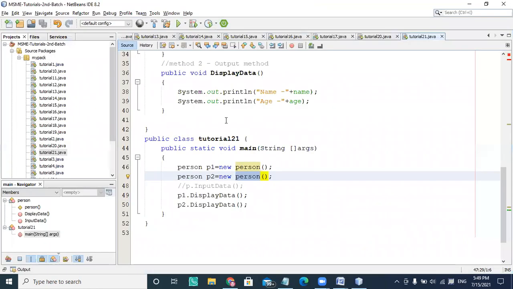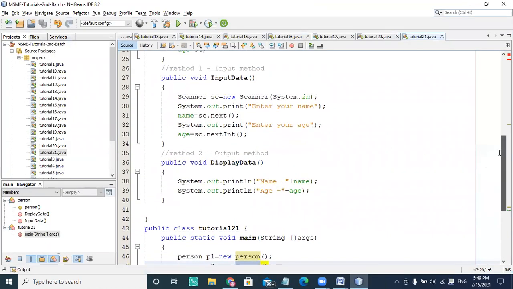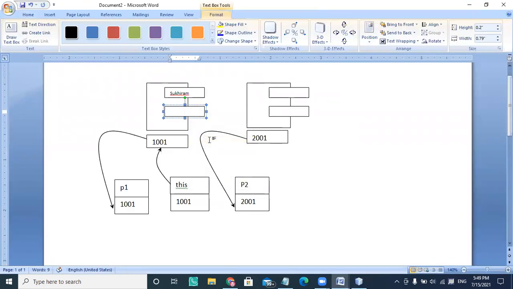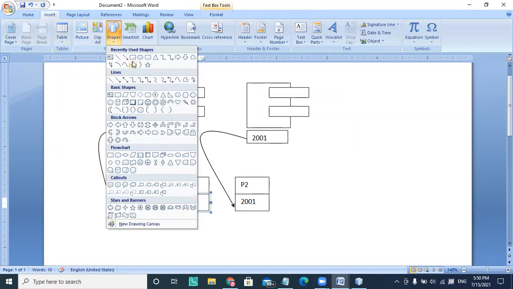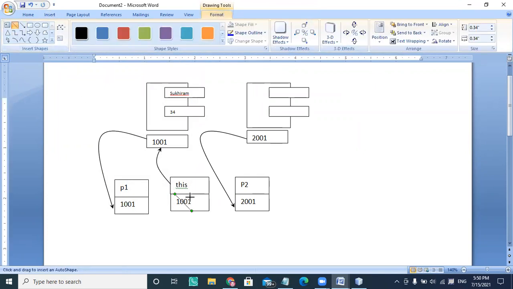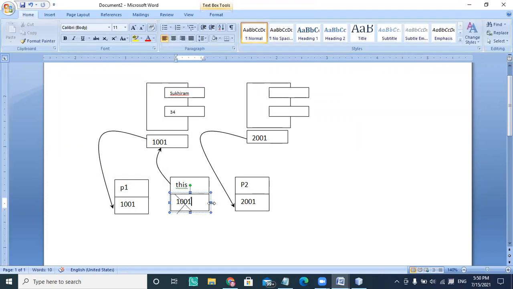So if you see age here, 34, these pointers are nothing but the this reference. In Java, we call it this reference. When P2 gets created, this 1001 is replaced with 2001, and my this pointer starts referring to the next address.